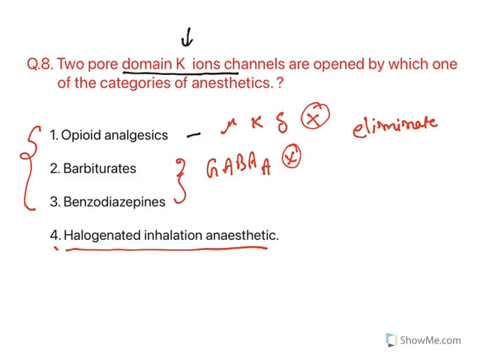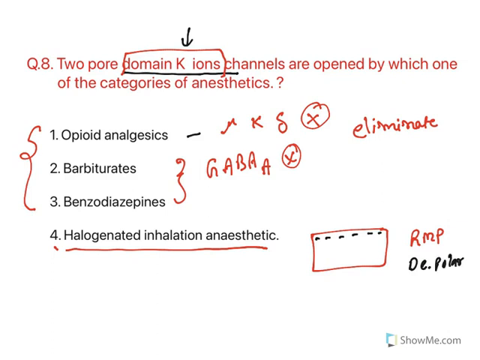Whereas this one, the leftover one, is only potassium channels. Now what happens in the CNS is, in a cell there is something called the resting membrane potential. That means at rest, the membrane potential inside the cell is negative. If it becomes positive, it is called depolarization, and depolarization causes activation of the cells. If it becomes even more negative, the process is called hyperpolarization. It reduces CNS activity. Now what happens with the potassium channel?